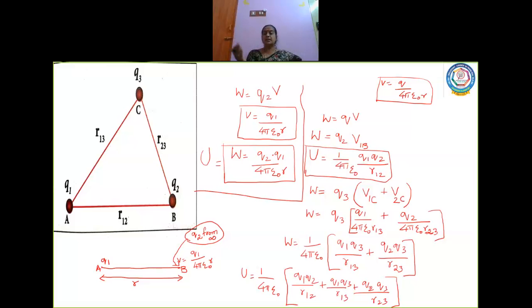Now this can be done anyway. Either I can bring charge Q1 first, then bring charge Q2, Q3, or I can bring the charge Q2 first and bring charge Q1 and then Q3. See, as you all know, we were discussing work done and we talked about conservative forces, which are definitely independent of path. So a system of charges can be arranged anyway, but you have to know that the work done depends only on the distance and the work done is against the electric field. Is it clear, children? This concept is clear.